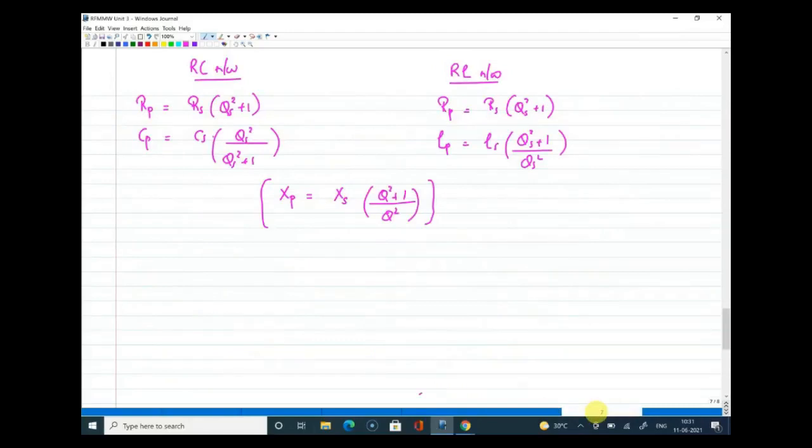In a similar way, if we make an effort to find the conversion formula between RL series and RL parallel network, you will get the conversion formula that you're seeing on the right hand side of the screen. And with that, we concluded yesterday's class, and we'll continue